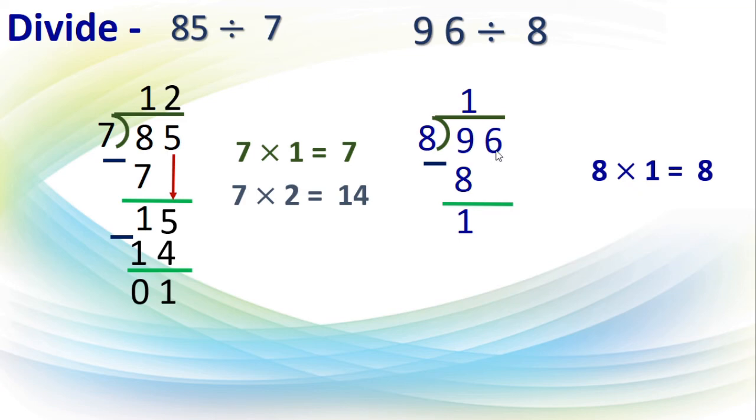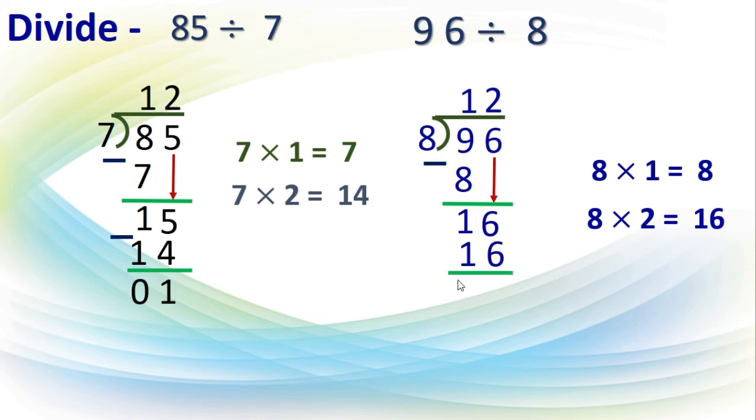Now what we will do here now? This is smaller than divisor, so we will take 6 down. You can see an arrow mark. Directly it comes here 6. Now it became 16. Now we will divide this 16 by 8. 8 ones are 8. 8 twos are 16. We know that. So I will write 2 beside this 1. See here. Okay. Now 8 twos are 16. So we will write 16 here. We will minus this. Then what we got here?